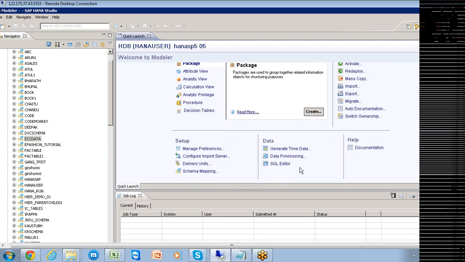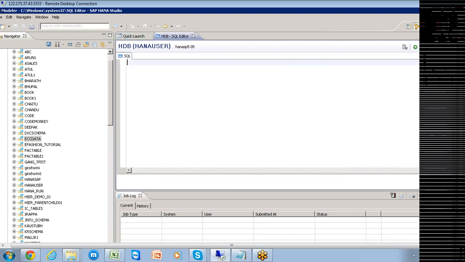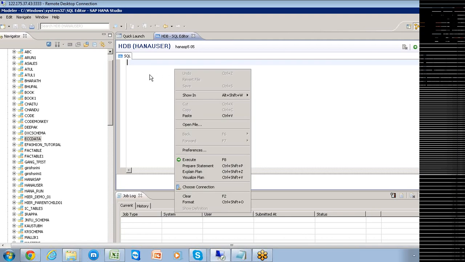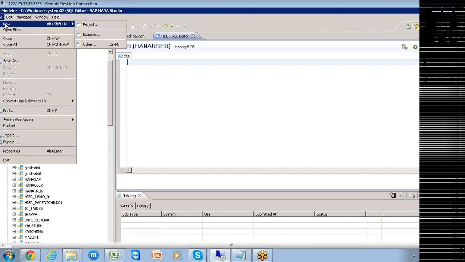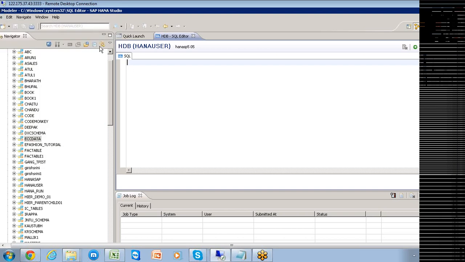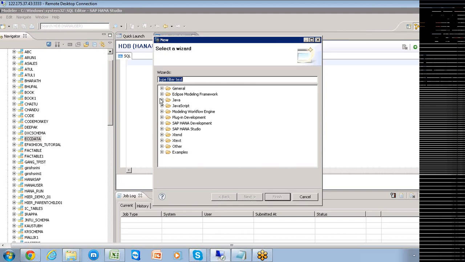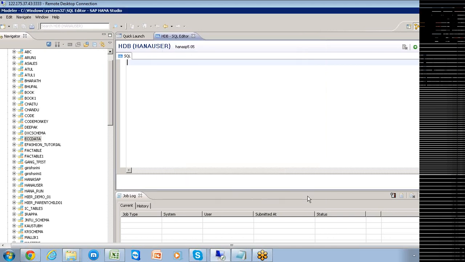When you come on to your SQL editor, this is the place where you can start writing the SQL for the purpose of creating the new schemas. As well as that, you also have the option of creating the new tables. Such things can be created within this particular schema itself.